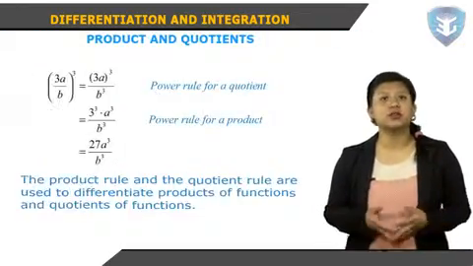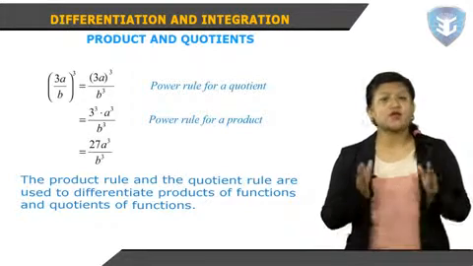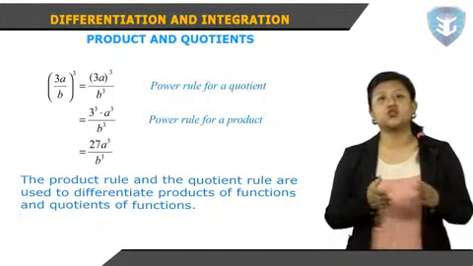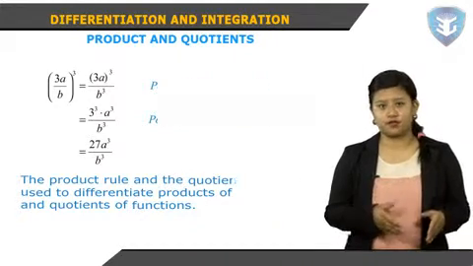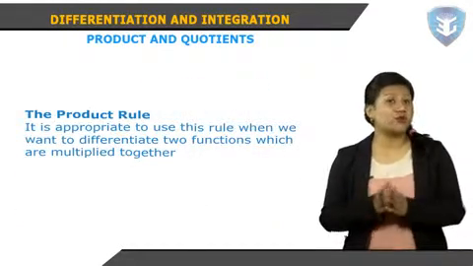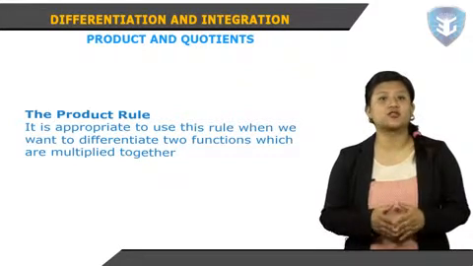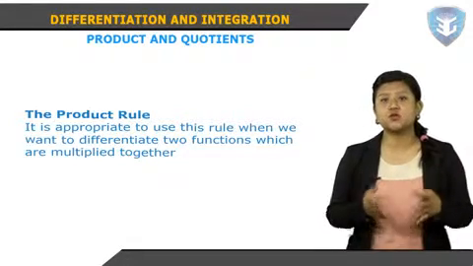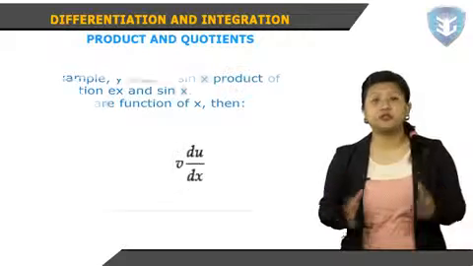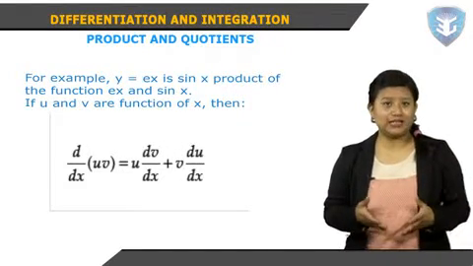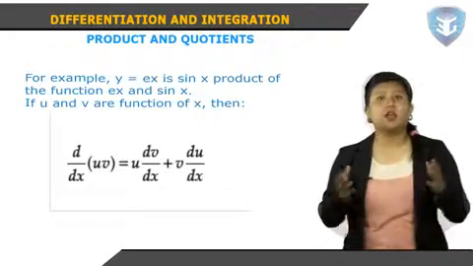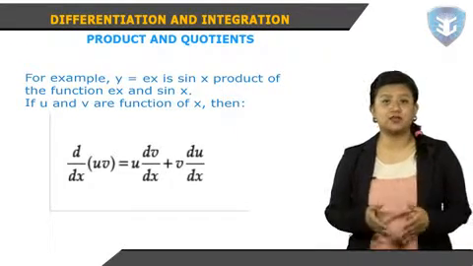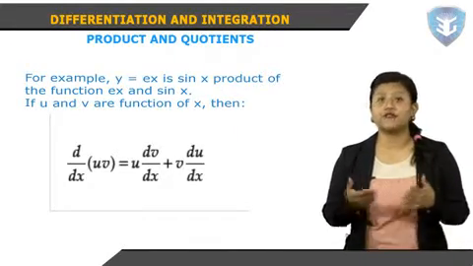Let's now learn the meaning of products and quotients. The product rule and the quotient rule are used to differentiate products of functions and quotients of functions. The product rule. It is appropriate to use this rule when we want to differentiate two functions which are multiplied together. For example, y equals e^x sine x, a product of the functions e^x and sine x. In the rule which follows, we let u stand for the first function and v stand for the